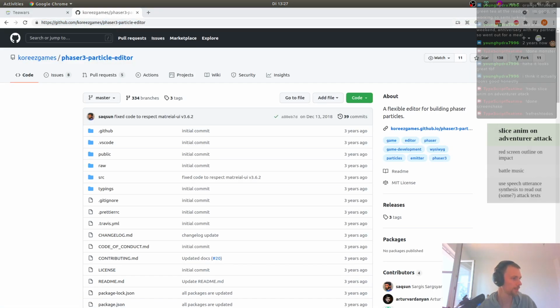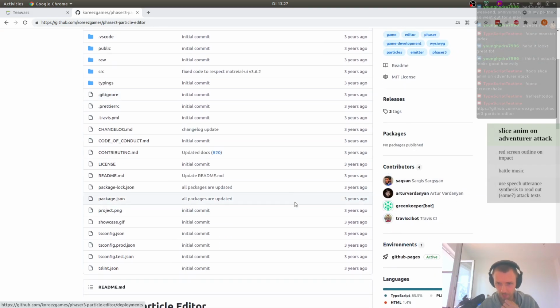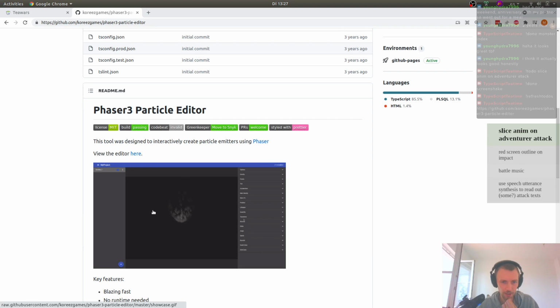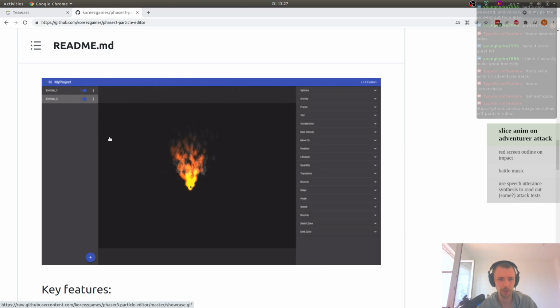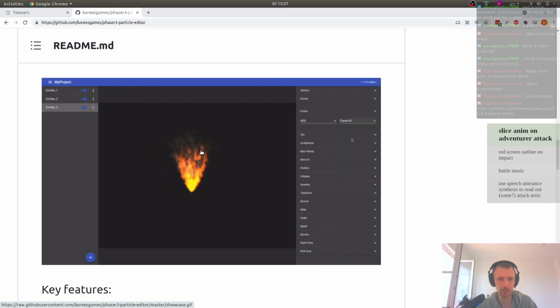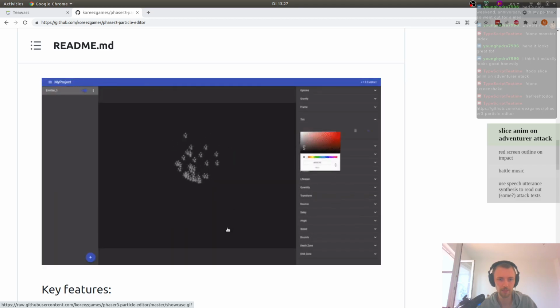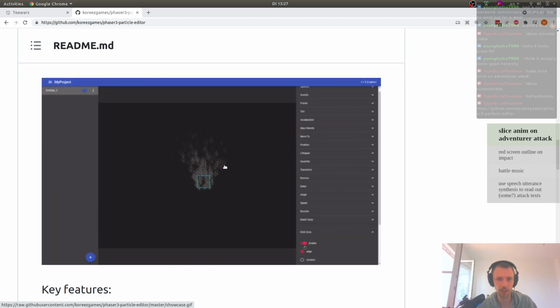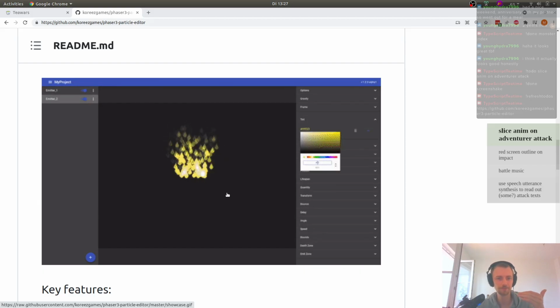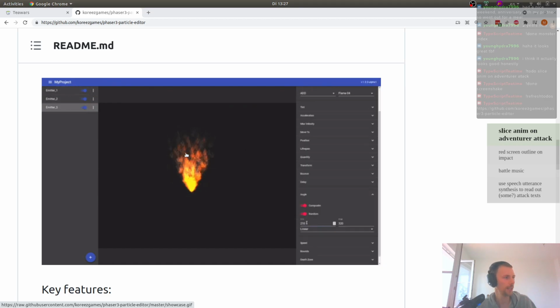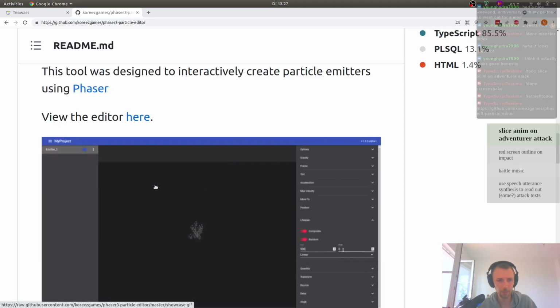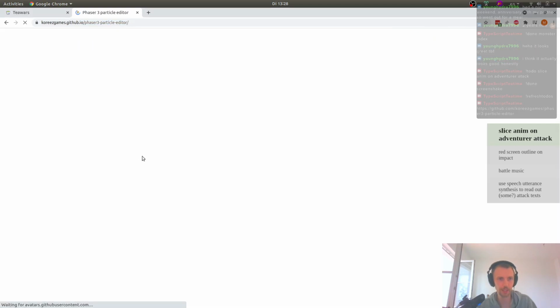This amazing project from Saxon, created by Saxon apparently. And in here, basically, maybe you can see that already, you can fiddle around with particles very easily. For example, he creates a fire animation just with the help of this editor, and then he exports it, and you can import it inside of your project. We do that actually with our heel, and together with this one, you also find the